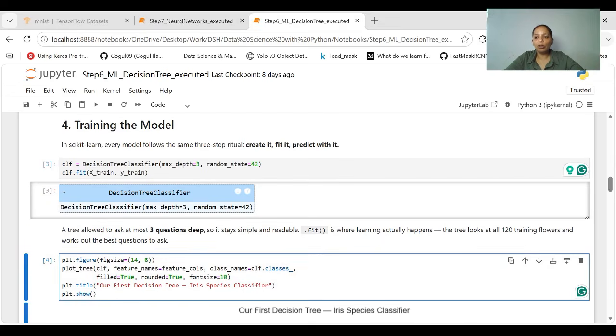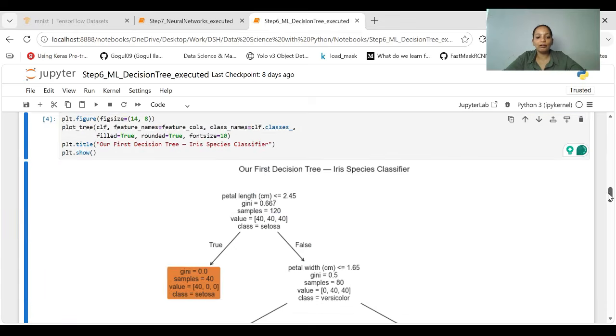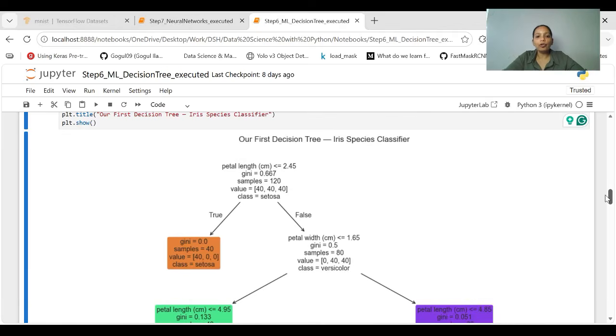Let's plot the decision tree that it created. See, a beautiful tree. The first question asked by the decision tree is: is petal length less than 2.45? The Gini value is shown here. There are 40 samples of each species, and the total samples are 120.